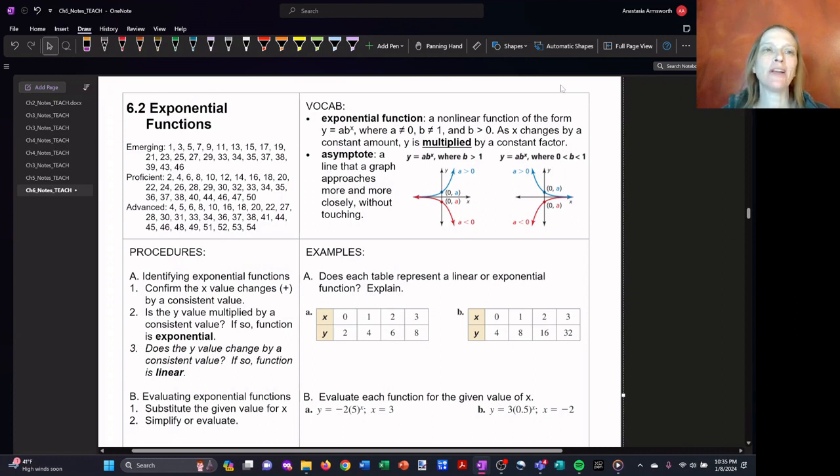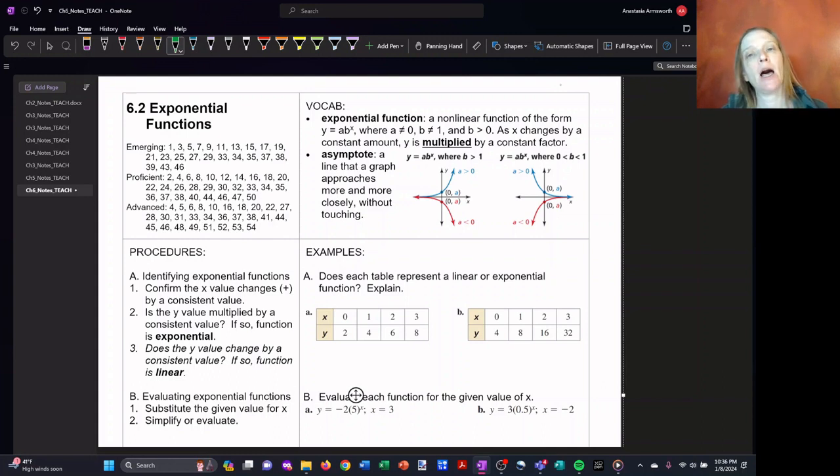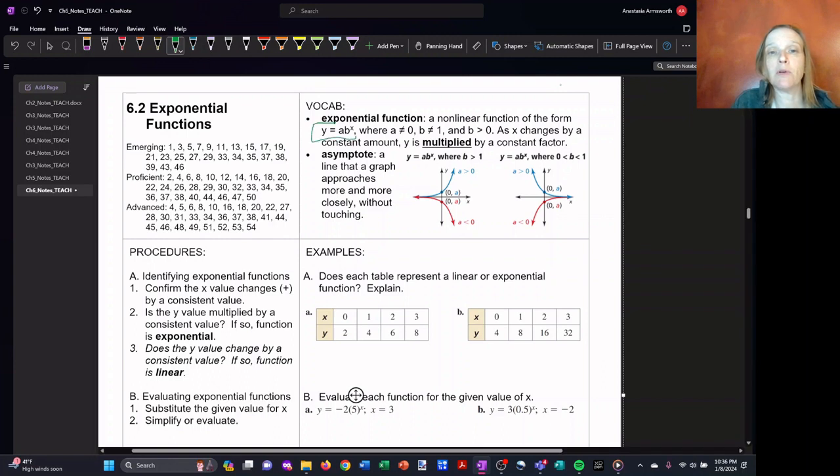Hi, folks. Now we're going to look at exponential functions and how they appear on graphs and some different features of these exponential functions. And you can see right up here from my vocab list that exponential functions definitely do not look linear. They definitely do not look like a straight line. So an exponential function is going to be a nonlinear function, and it's going to take this form: y equals